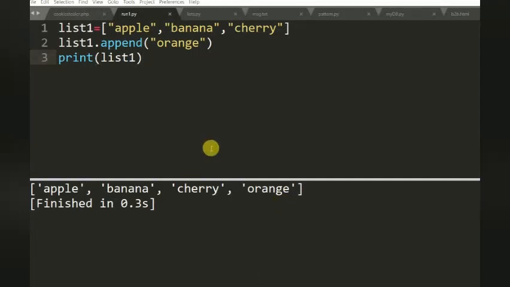Now I want to update this list value. List indexing starts from 0.